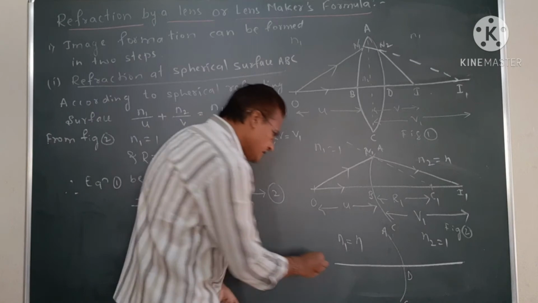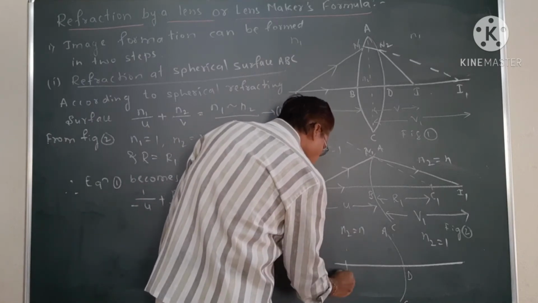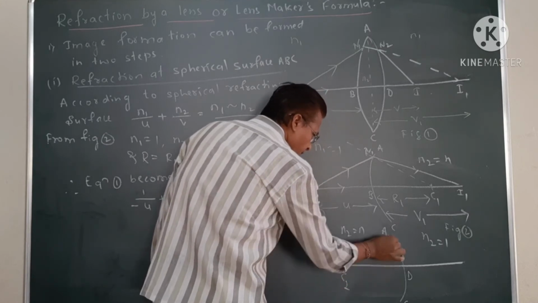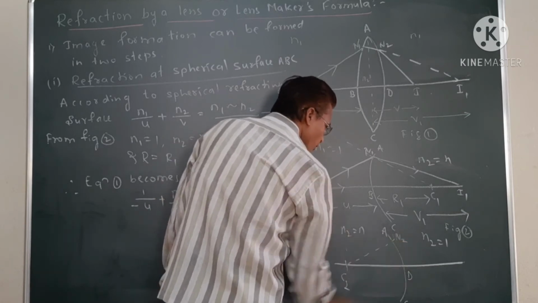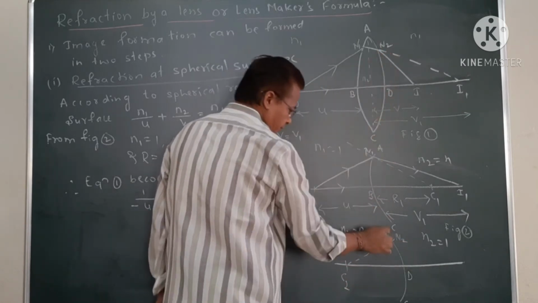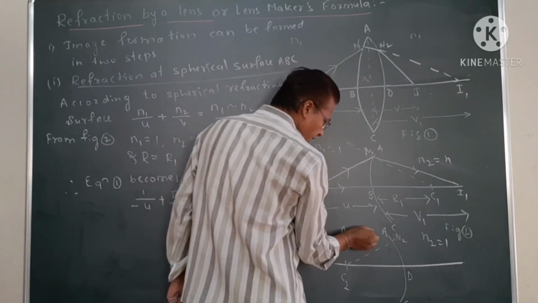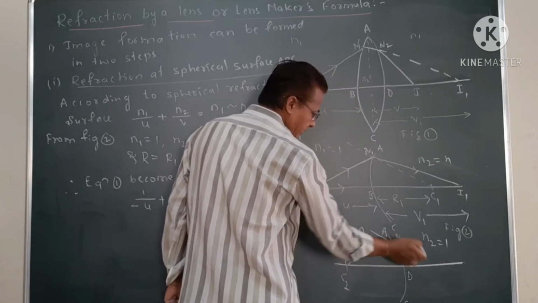Now this one is called C2, the center of curvature, to this N2 point. This is N2, so here I have written N2. Now the ray which is moving from the denser medium to the rarer medium